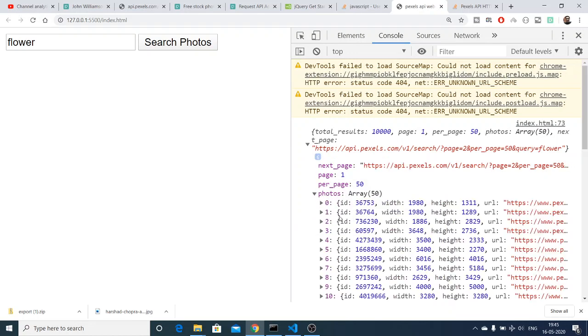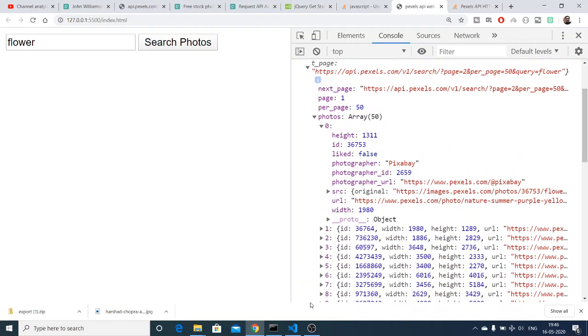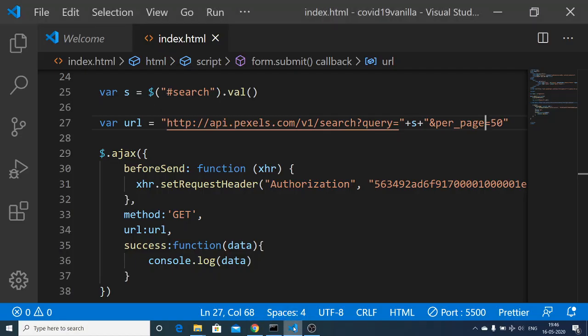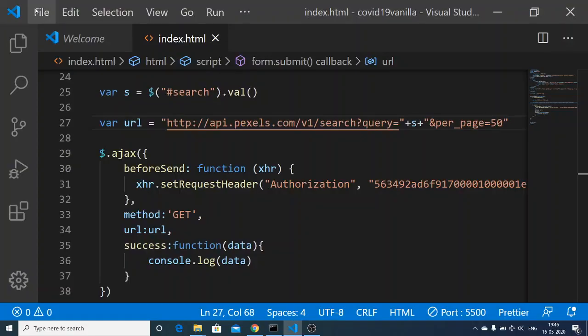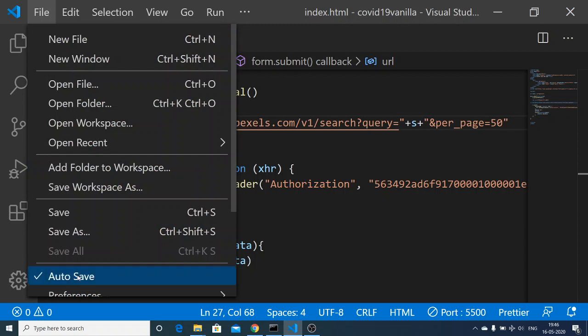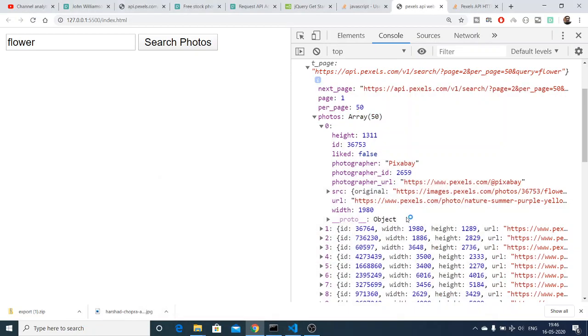You can see that. Now we just need to parse this. Parsing it is very simple. First of all, I need to turn off this autosave. So basically this is the array here.